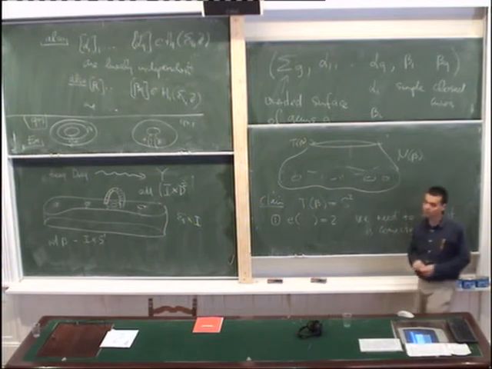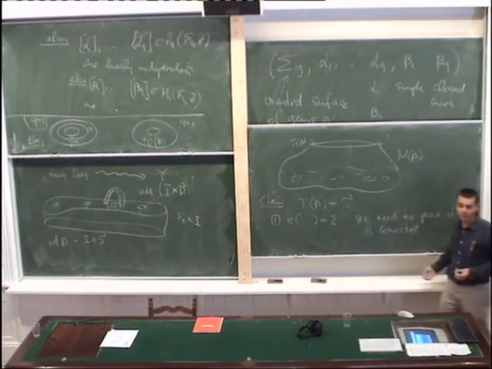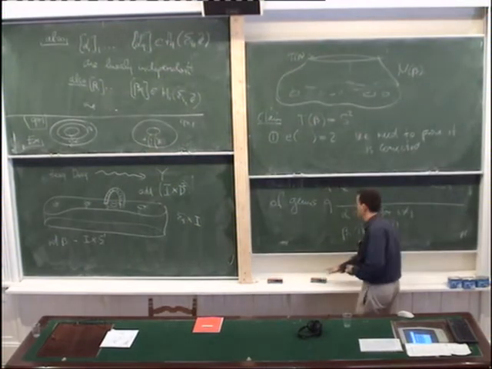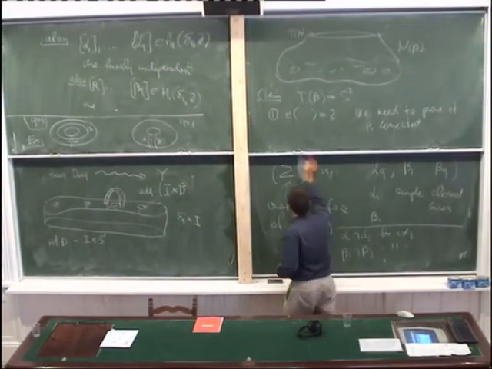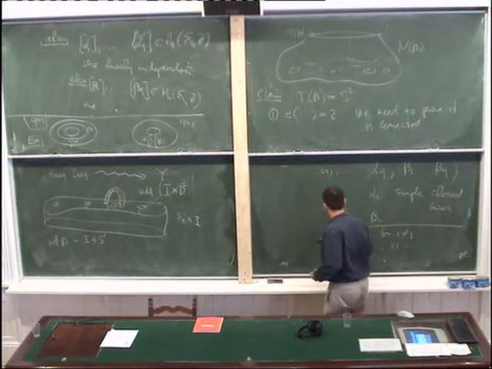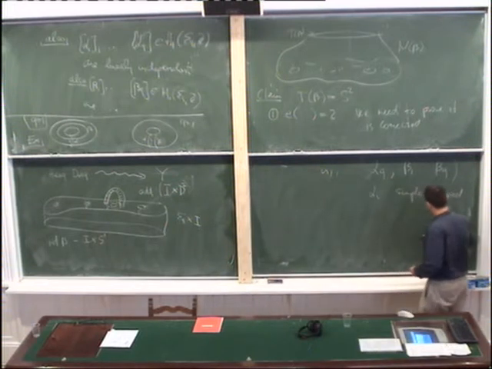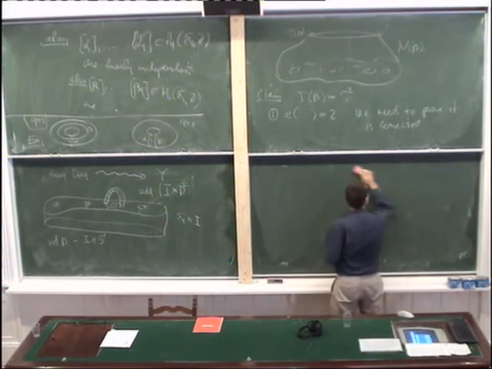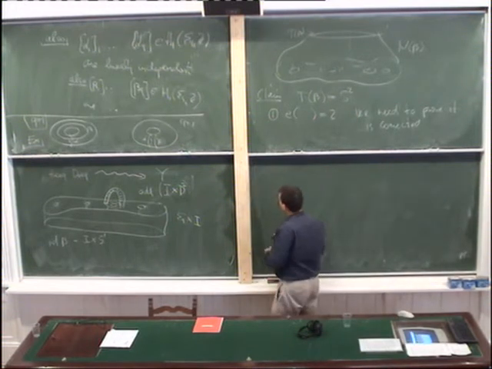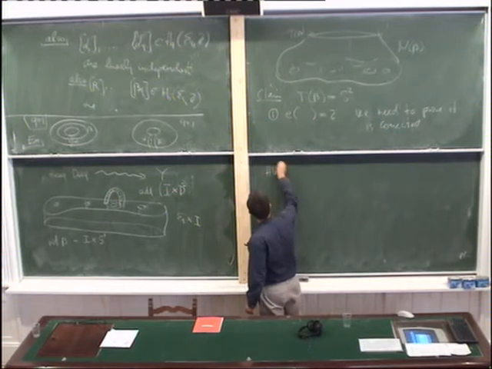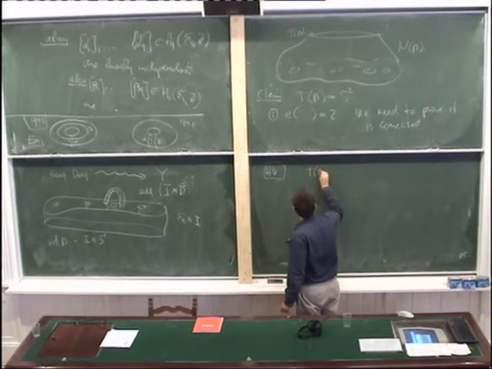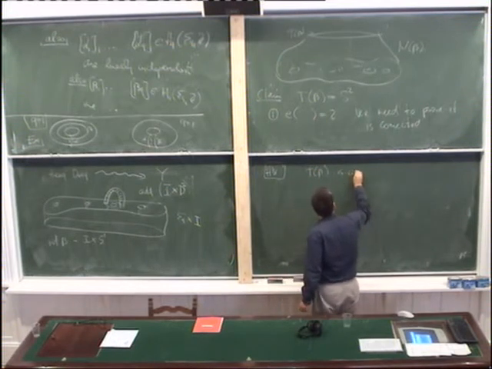Otherwise, it could be a torus and a sphere, for example, right? So I guess for that, there is this small exercise to work out, which is that T of beta is connected